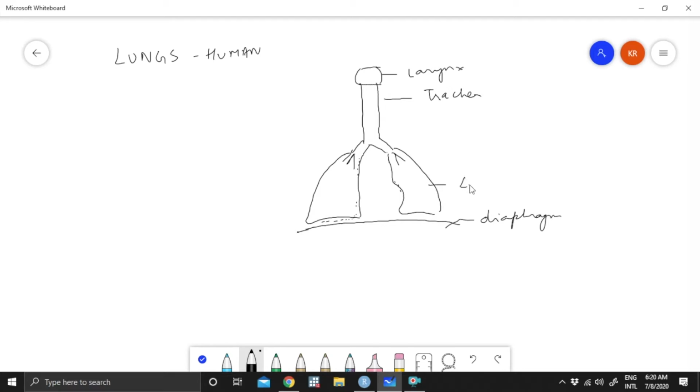So this is the left lung. We need to show that the trachea has got cartilages,